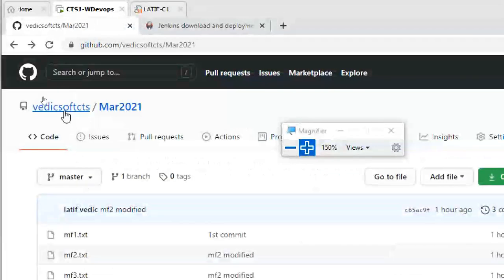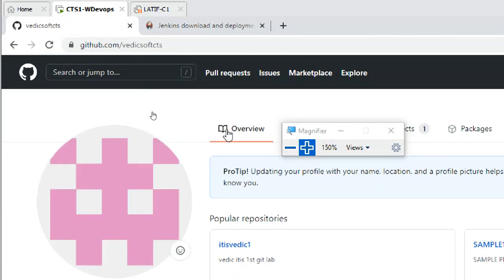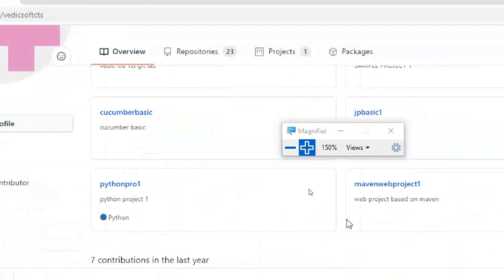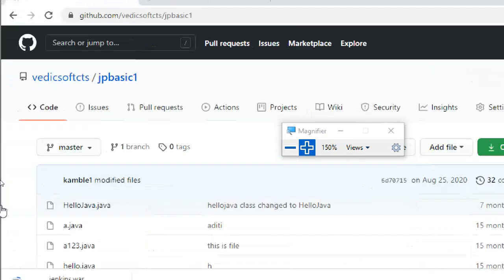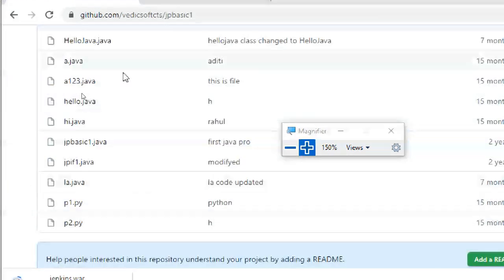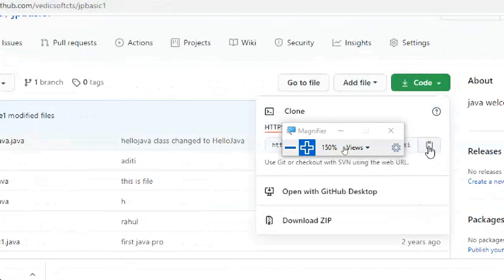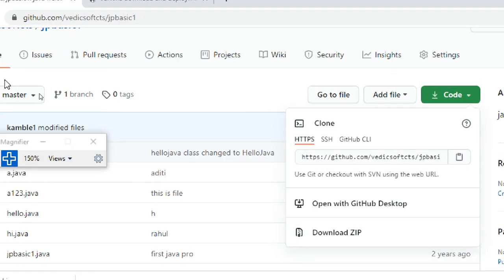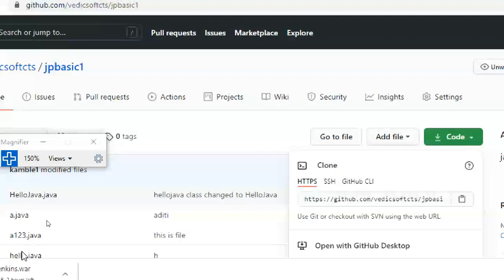So you go to this one, lots of Java, Python. Okay, lots of programs are there. So I can take it from my programs like JP Basics. Okay, a lot of Java programs, hello Java, so many things are there. So take a code. Okay, copy this one. So I took JP Basics only, and I copy.